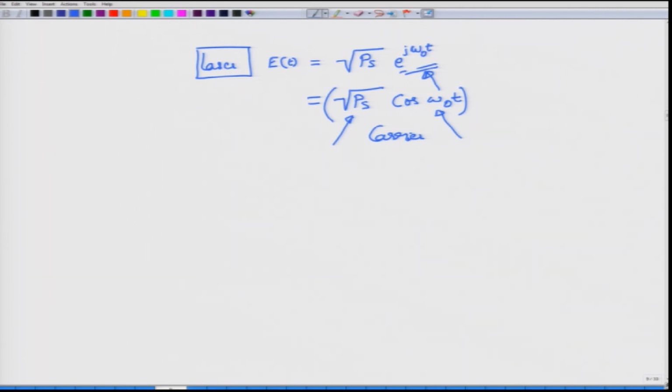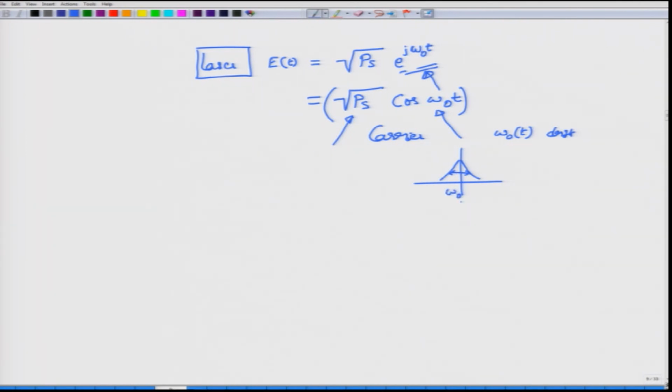If these two are well defined and they actually have a unique value, then the carrier will be a deterministic signal. Unfortunately, this is an idealized expression, because I have to account for the fact that this omega 0 itself can be a function of time, called the drift of the central frequency in the lasers, and moreover the spectrum will not be exactly an impulse-like spectrum centered at omega 0.